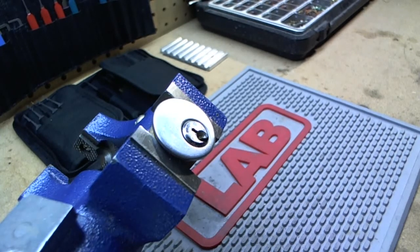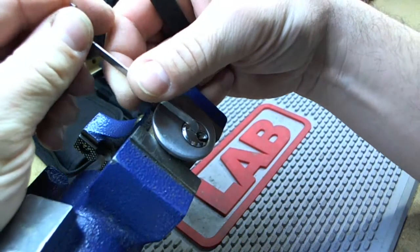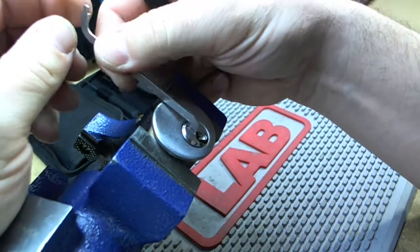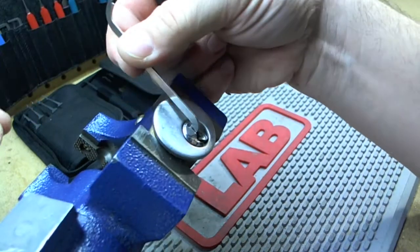Here I have another unknown. I'm not sure who made this one for me. It's a 6-pin Schlage custom modded cylinder. So if you recognize this one, if it's one you made, let me know please in the comments. As you can see, there's a lot of